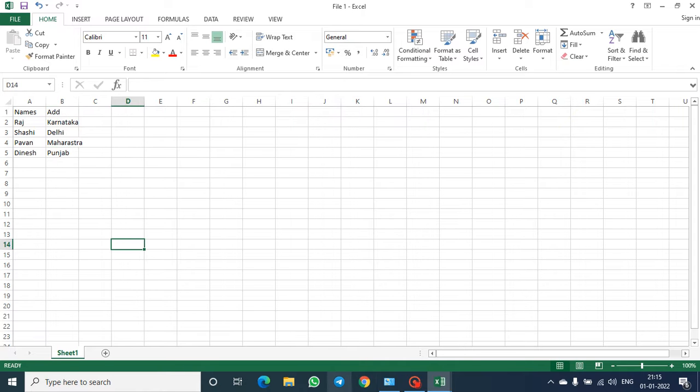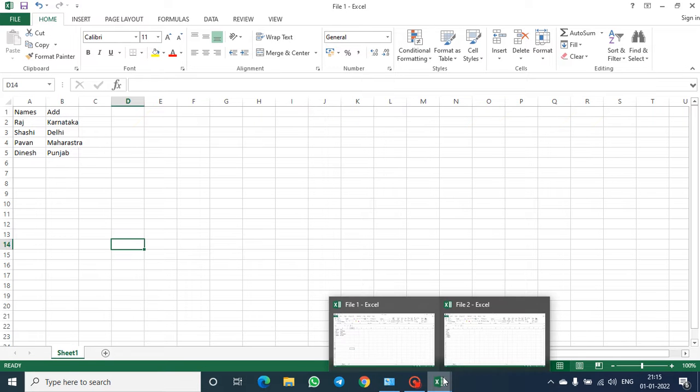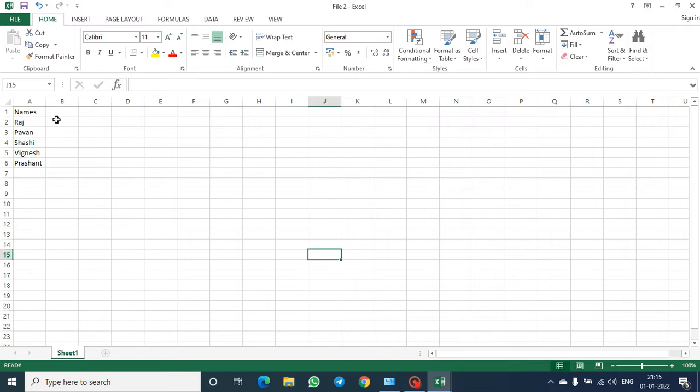Now this time we will compare this information with file 2, and I want to get those addresses if the name is matching.